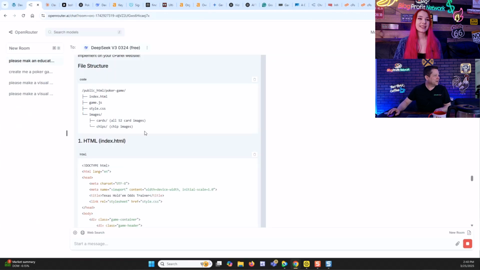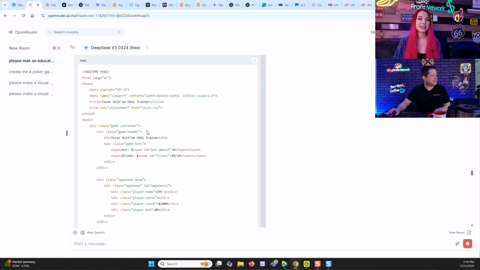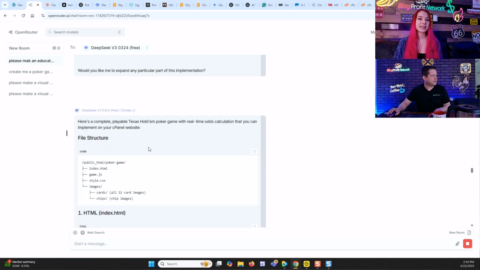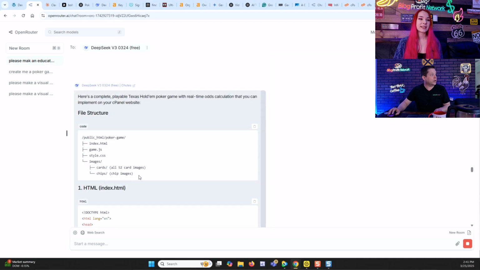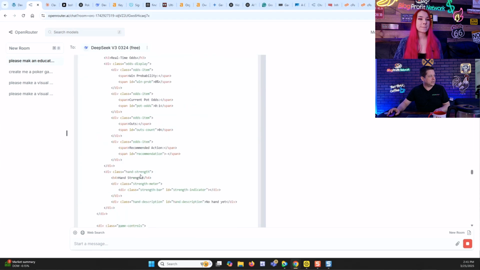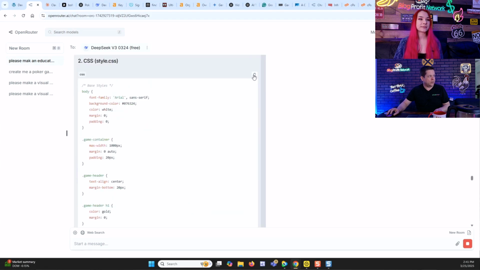So let's go through here. We got the index. And did it add some files? I think it might have. All 52. Okay, so images. It didn't create them, so it expects you to create them. Got it. Which is a little complicated, but it seems like it's making a very good structure then. It is. It requires images. Absolutely. Yeah. Let's see. That would mean you're going to need like